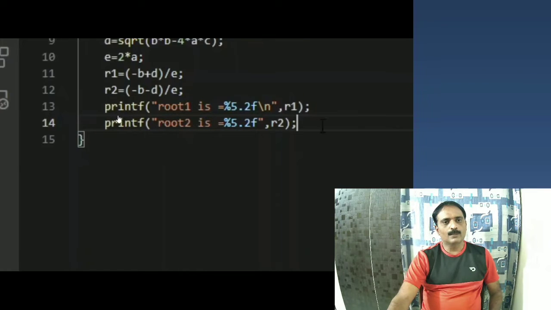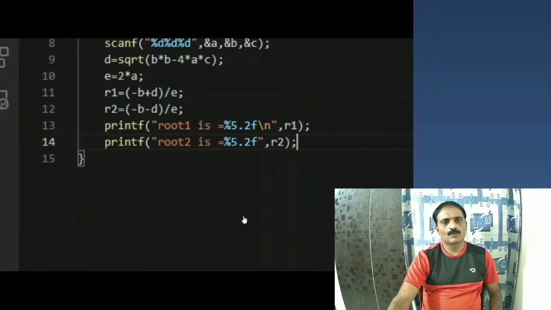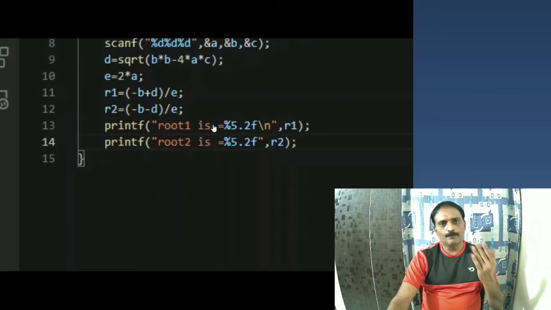And finally I am printing out. I am saving it. Let me show you the significance of the printf statements here. Once the roots r1 and r2 are evaluated, the next thing is to display the values of r1 and r2.